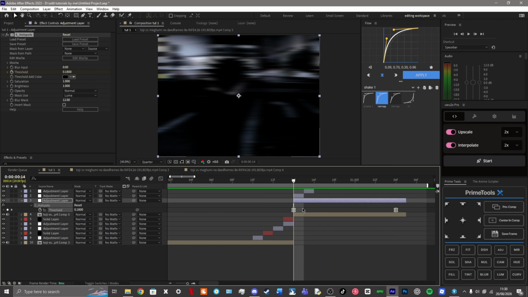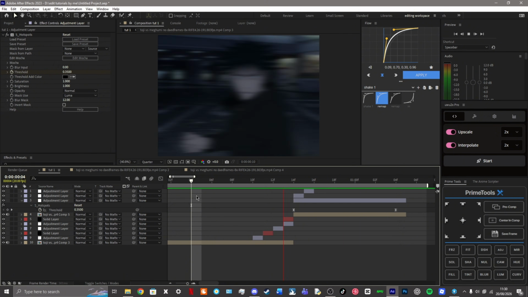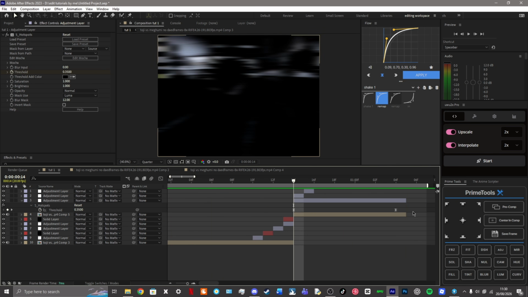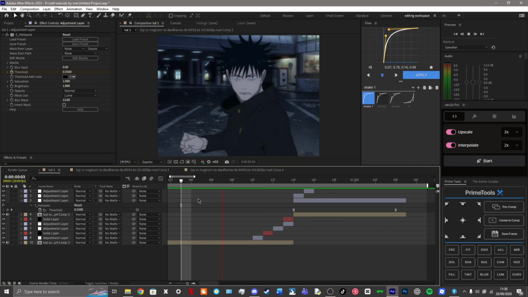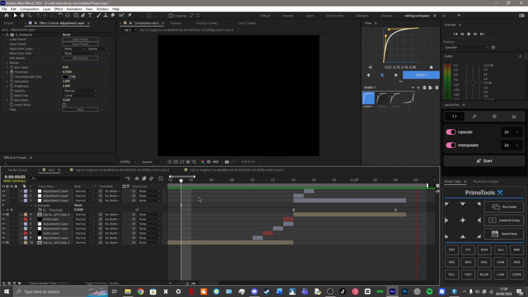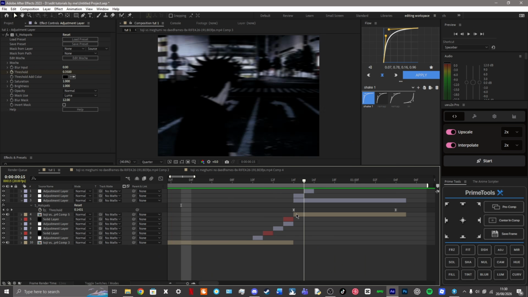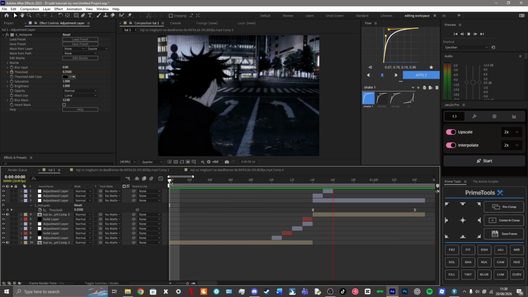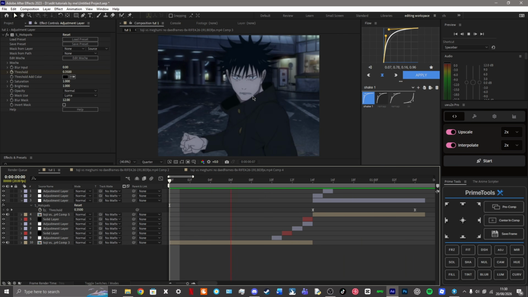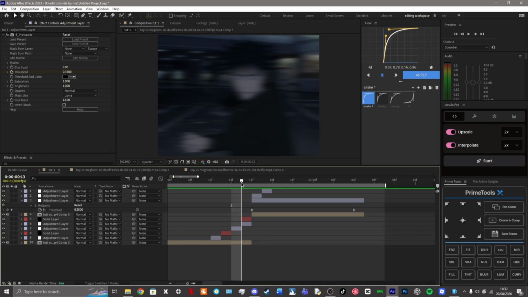In fact, I'm probably going to increase this more. Speed up this graph a little bit. Something like that. And then, yeah, of course this would normally be paired with shakes, but it still looks okay. Another variation that you can do, instead of using this directional blur, you could